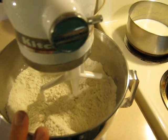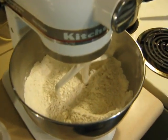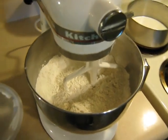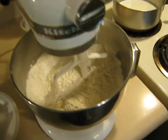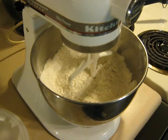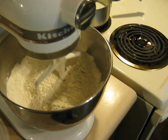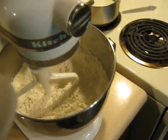Alright, so I have 4 cups of flour in here, a tablespoon of baking powder, I'm sorry. You can actually skip that. It's not a big deal. And then 2 teaspoons of salt. I like to use sea salt. And then I mixed it up, and then to that I add